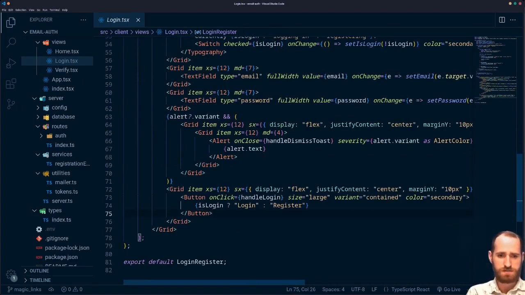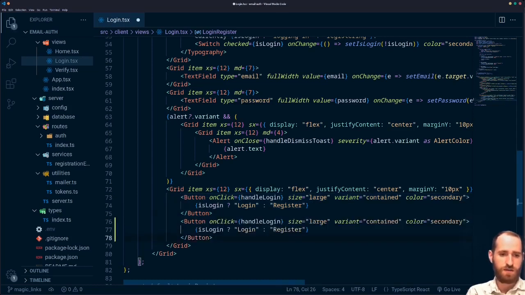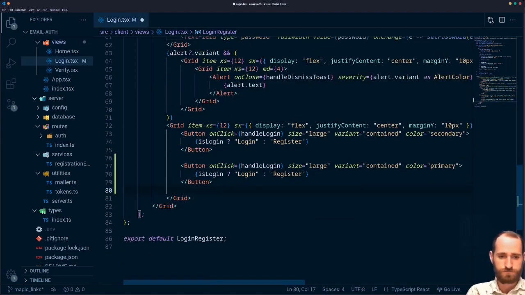Let's see. I'm just going to copy paste this button for now. I know it's still associated with the login function, but we'll choose a different event handler for that shortly. I just wanted to make sure I had the same style. Although I might actually... I'm still getting used to Material UI, so I actually have no clue what their primary colors look like, but I do like their secondary. It's a nice, like, pinkish purple. Alright, so this button,